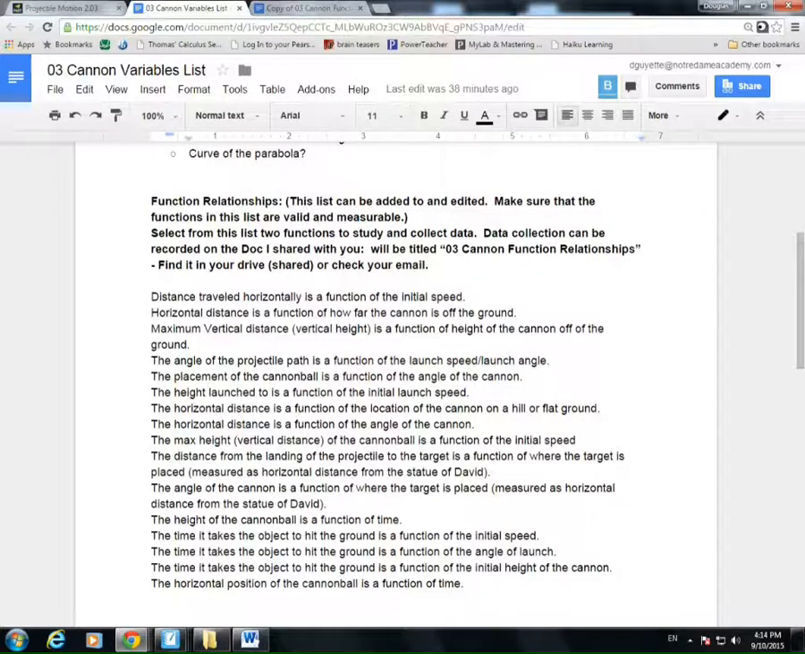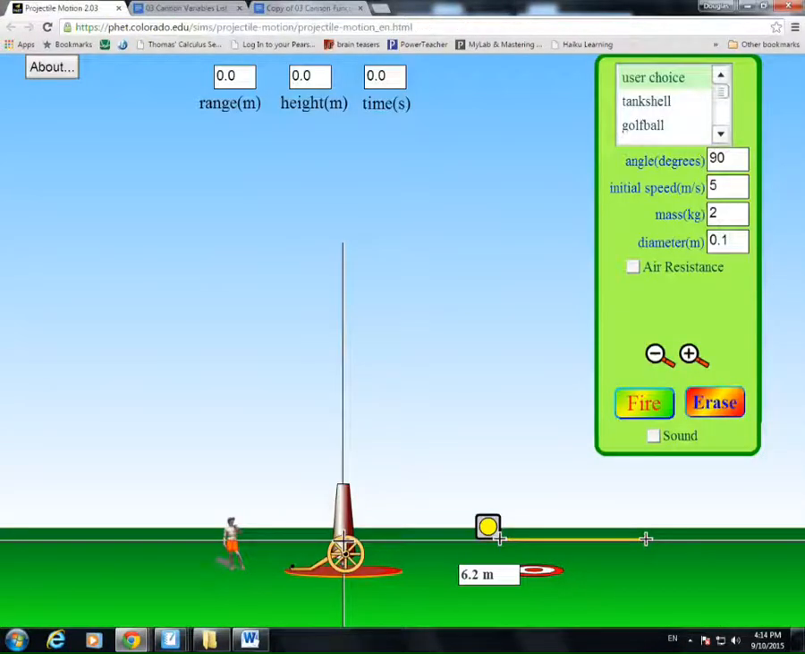So what you need to do, you're going to do this twice. I'm going to show you one example. We're going to do this twice, though. You're going to go to this list and find a function relationship that looks interesting to you. So what I found here was the height is a function of the initial launch speed. That is something that I want to explore. So I can change the speed of the launch,